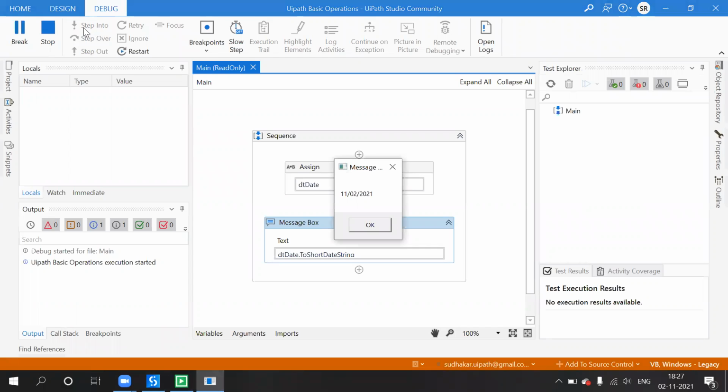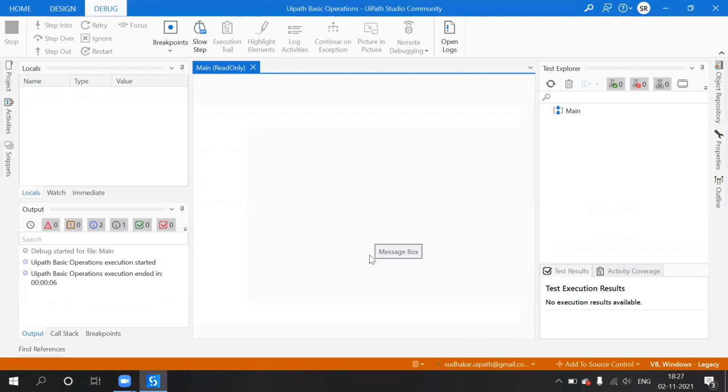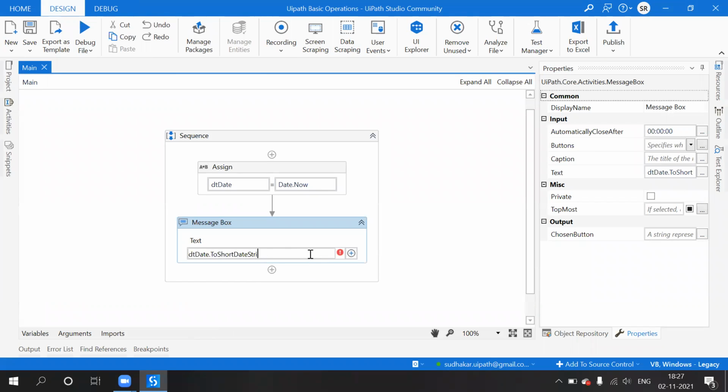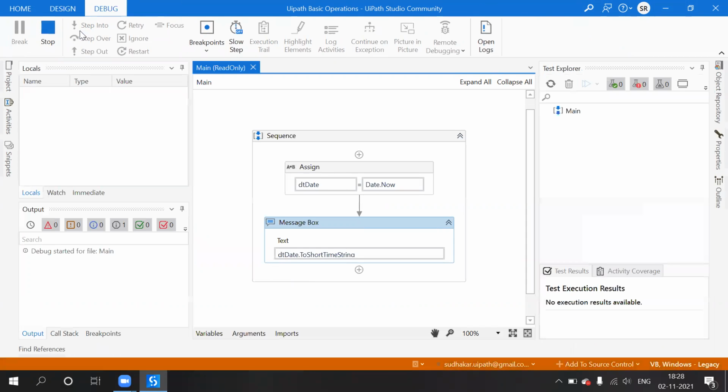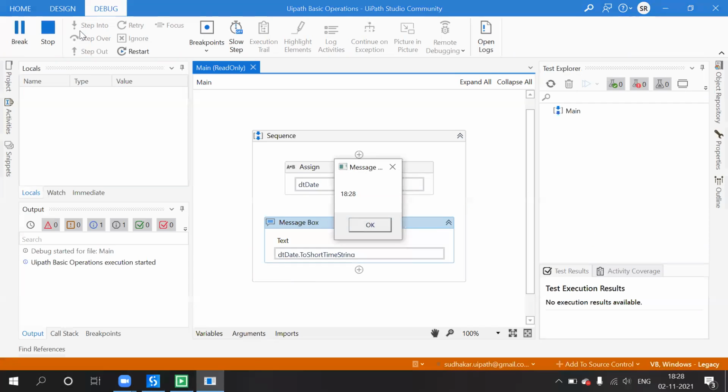It truncates the time. In the same way, I would like to display only the time: ToShortTimeString. See, it displays only the time, nothing else.